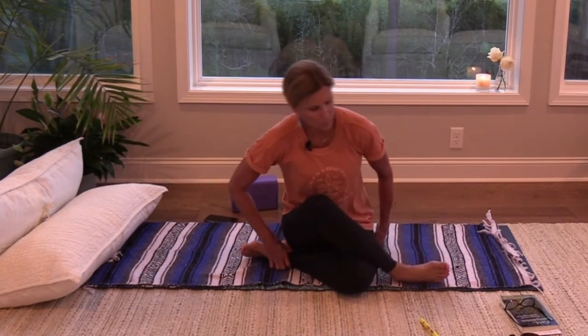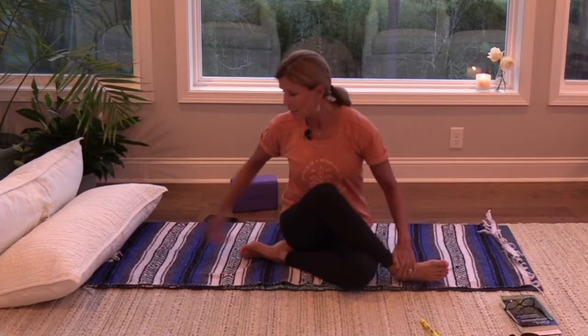Oh yeah, I feel that. One side might be a little more open. You might want to prop up. You can slide something under a hip if there's space, or you can just remove that hip flesh, get yourself settled. And then let your eyes close, open up your arms like you're going to give yourself a big hug,